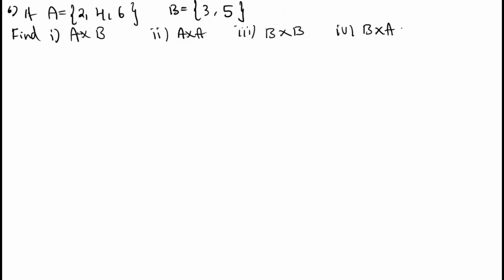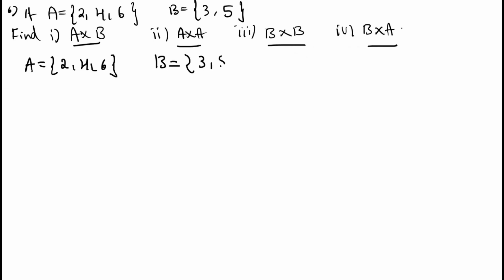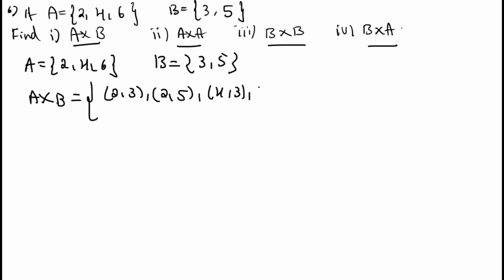Set A is equal to {2, 4, 6}. Set B is equal to {3, 5} is given. The question is, you need to find A cross B, A cross A, B cross B, and B cross A. Okay, first find A cross B. We know how to write the cross product. A cross B is equal to (2, 3), (2, 5), (4, 3), (4, 5),